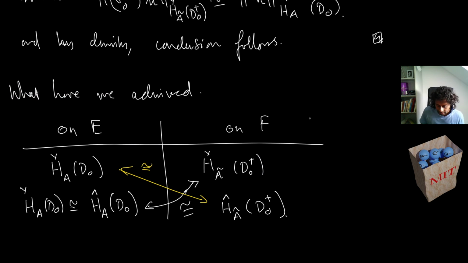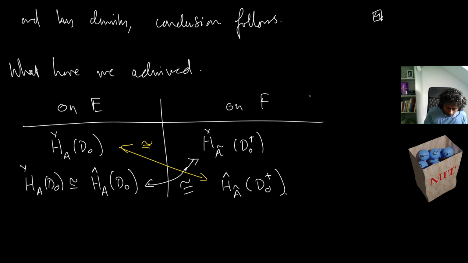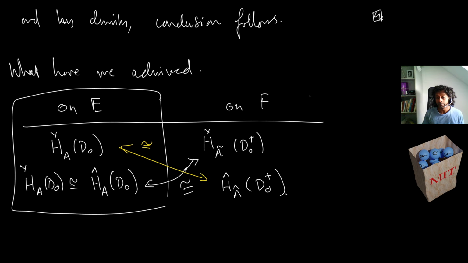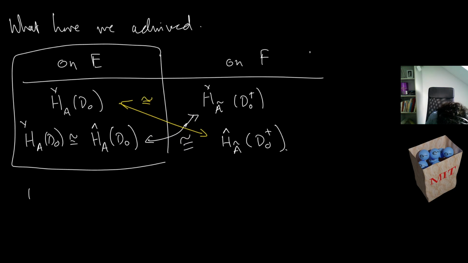The point here is that a priori, if we look at boundary value problems, we look at some boundary conditions and we get some operator on E, and then we look at the adjoint operator and we get some information, or an operator, on F. But if these two spaces are isomorphic, then we can describe everything in terms of just spaces on E. Okay, so if B in H check of D naught is a boundary condition,